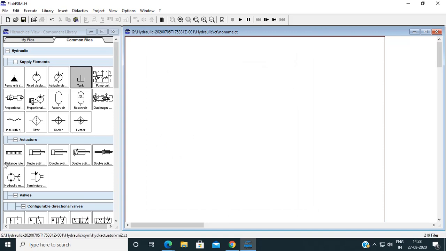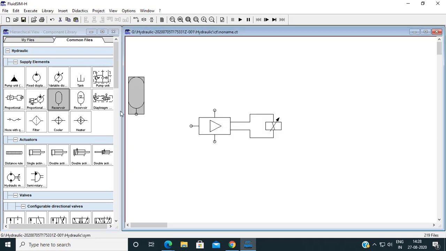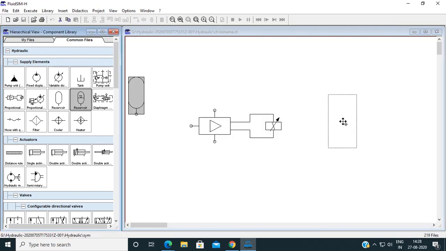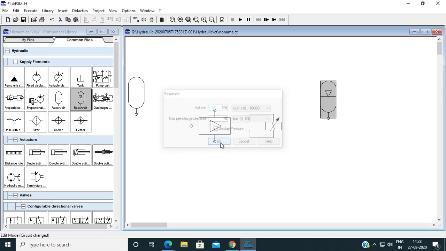Now there are many supply elements present here: proportional amplifier, then accumulator, gas charge accumulator. For the accumulator, we can change the volume as well as the pre-charge pressure.